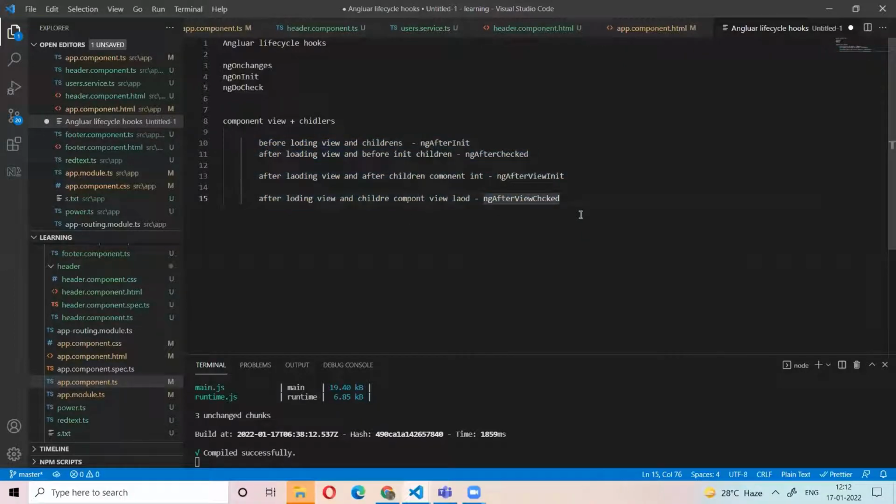Based on that, we have these 4 lifecycle hooks. The above 3 are for all component classes, like if any changes happen to the class. First time the class is loaded, it will check. If any data changes, then ngDoCheck will run. The top three are related to the component view, right? So these are not applicable to the children component class.